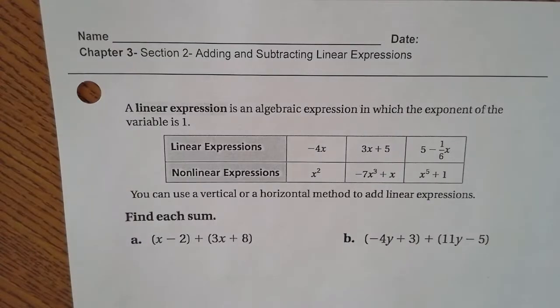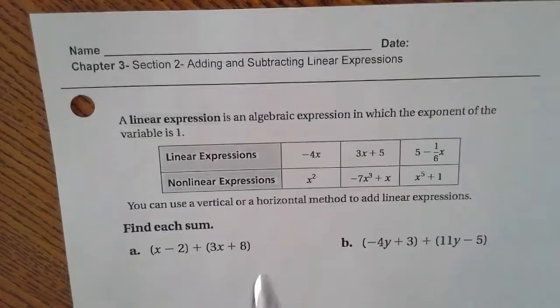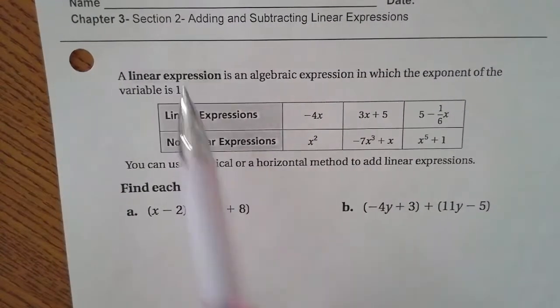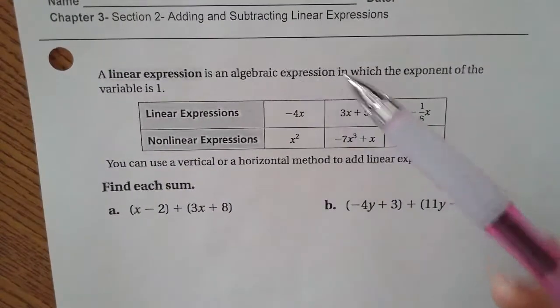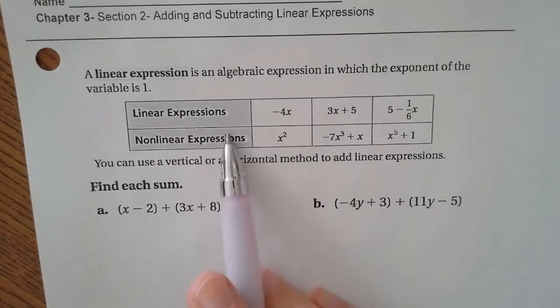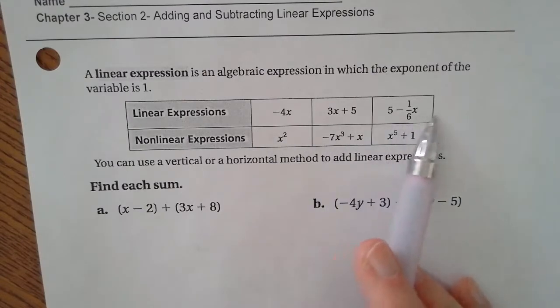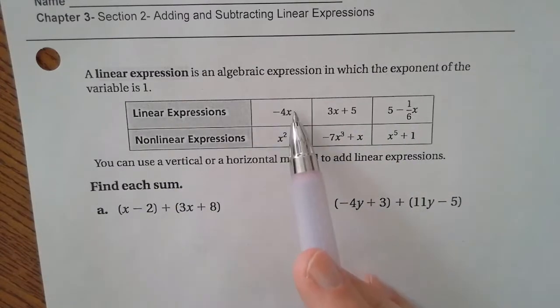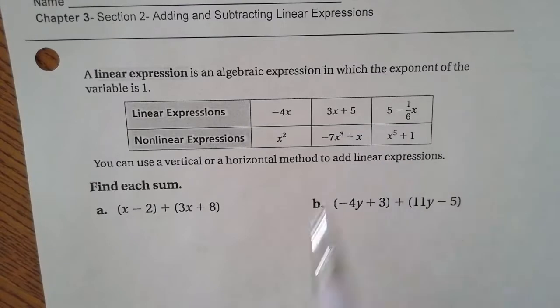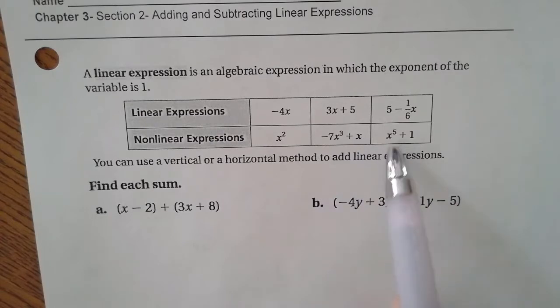Alright, so we have Chapter 3, Section 2, Adding and Subtracting Linear Expressions. Our one key word is a linear expression. It is an algebraic expression in which the exponent of the variable is 1. If you're looking at this chart, all the top expressions are linear, because notice my variable doesn't have a power more than 1, whereas the ones below have an x squared, x cubed, x to the 5th,